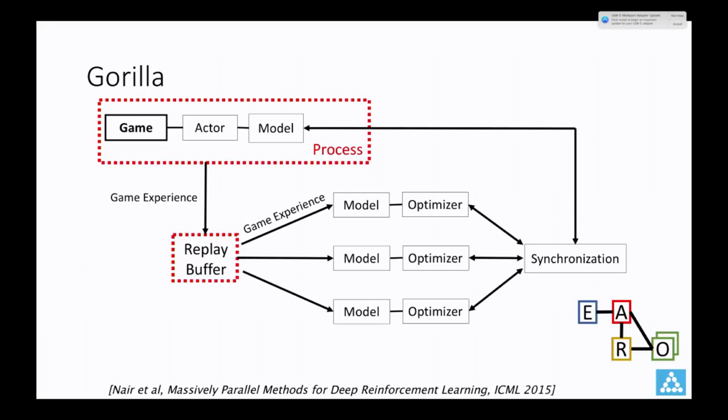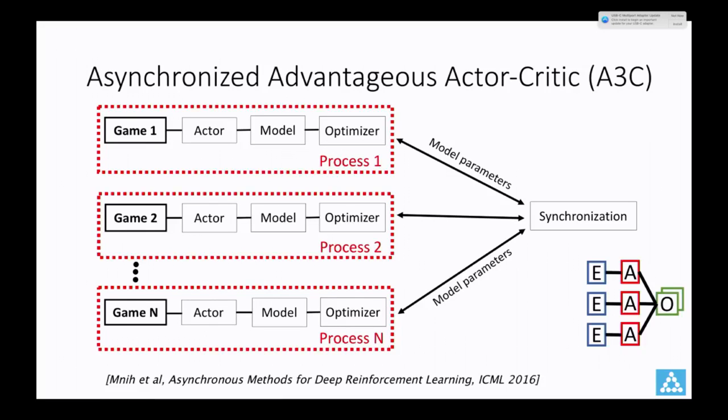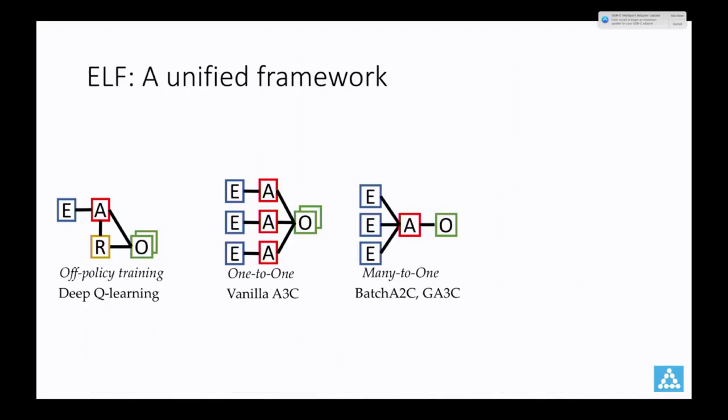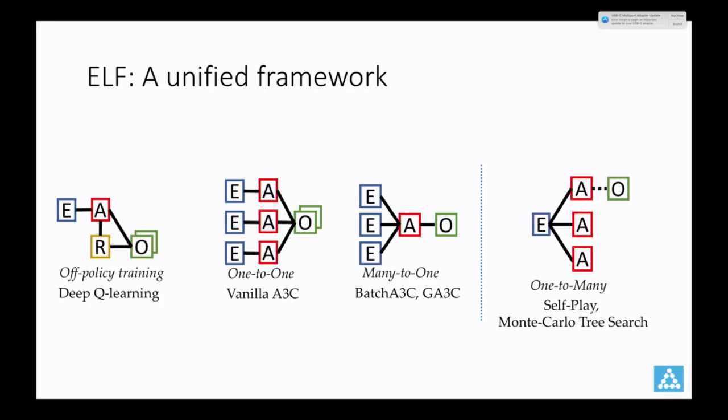Our platform is much simpler and more lightweight compared to previous platforms that might require distributed training. This includes Gorila, linear actor-critic methods, and also recently GA3C or batch A3C approaches. Not only that, we can also offer tremendous flexibility and can simulate these previous settings easily. This includes not only off-policy training, actor-critic, and batch A3C, but also other interesting cases such as self-play and Monte Carlo tree search, which are potentially very helpful in training recent strong AI agents such as AlphaGo Zero or maybe AlphaZero.